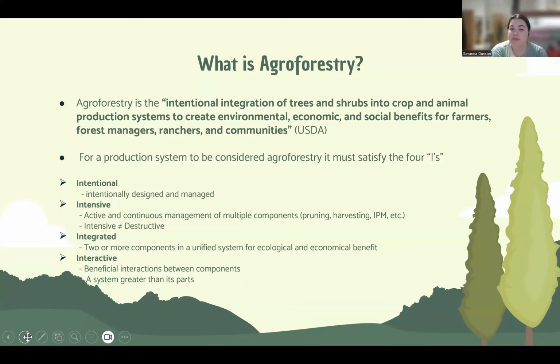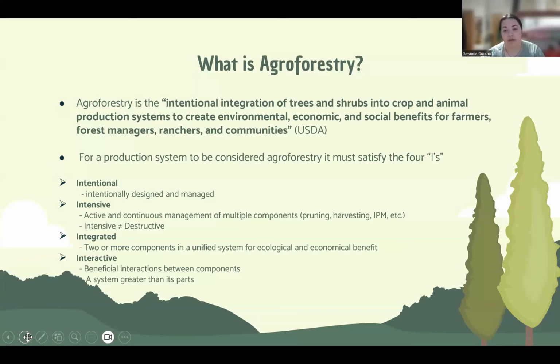So, for a production system to be considered agroforestry, it must satisfy the four I's as laid out by the USDA. Agroforestry systems must be intentional. They must be intentionally designed and managed. They're not just random mixtures of trees and crops. The placement of species and spacing, as well as timing, are all carefully planned. They also need to be intensive, involving the active and continuous management of multiple components, such as pruning, harvesting, IPM,